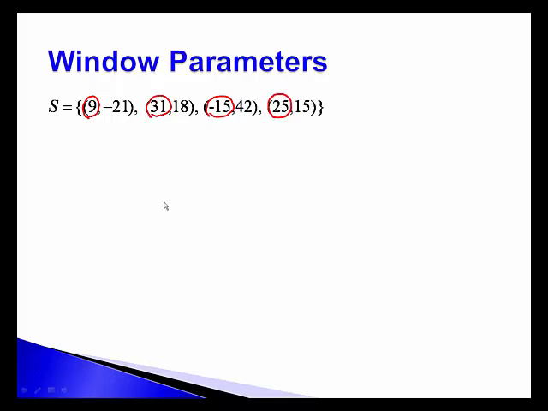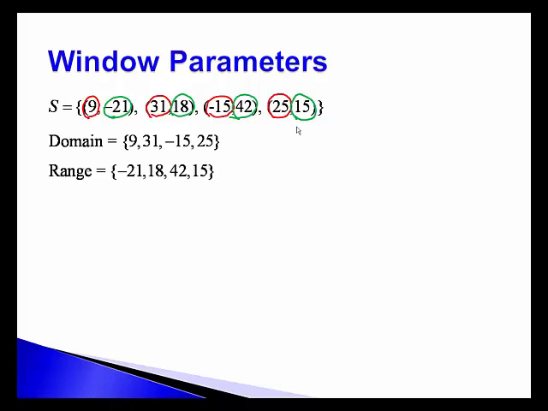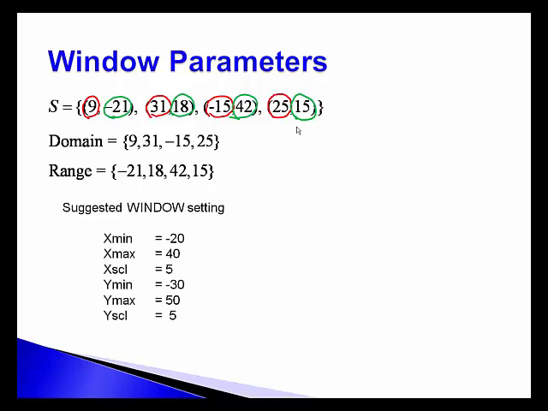Let's talk a little bit then about the range. The range, I see a -21, an 18, a 42, and a 15. It's just the Y values in each of those ordered pairs. So I now have the domain and the range. That'll help me in setting a window. If you'll look at the suggested window setting I have for you here, let's talk a little bit about how